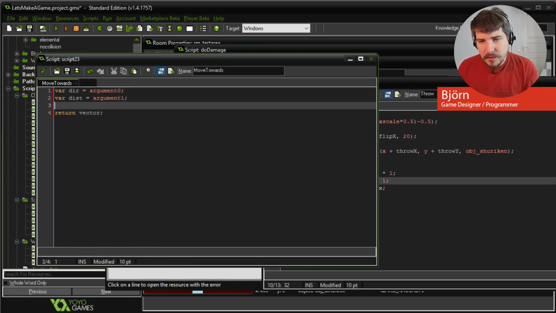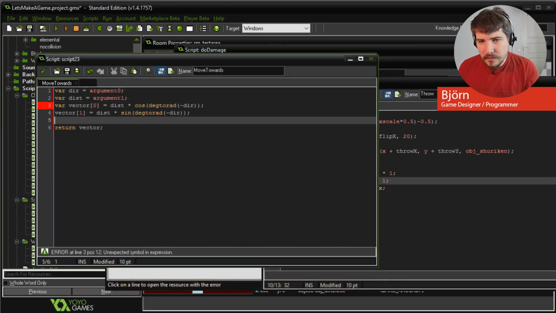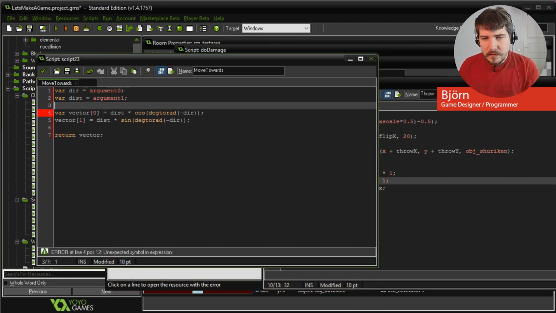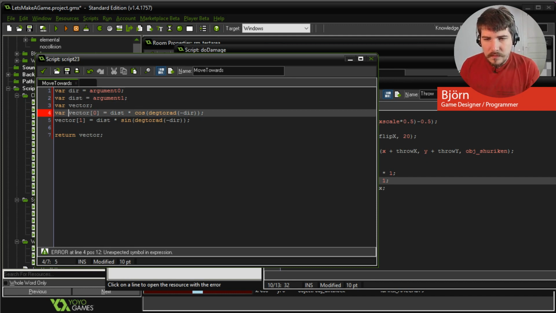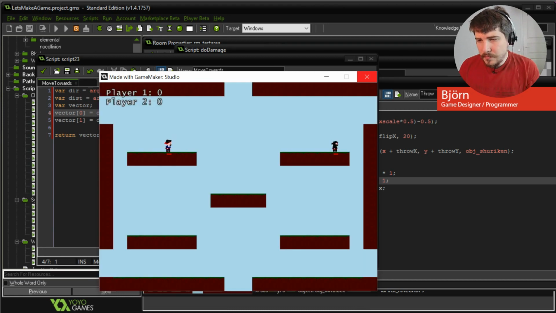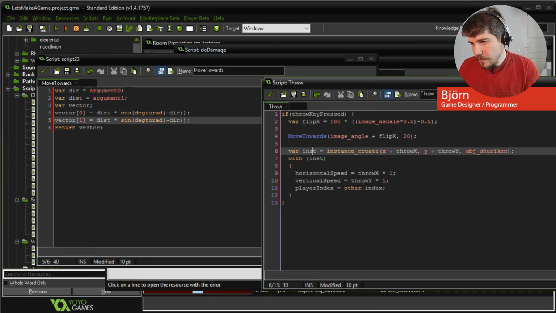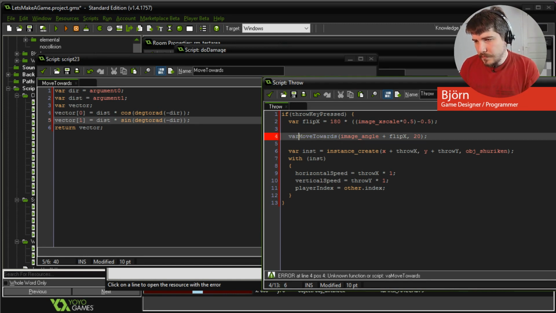Let's remove this just to check it's not confusing something. Yeah, it's that part that's not good. Our vector. Try to run it now. See if we get an error. Nope. This works, hopefully. And then here we just do var